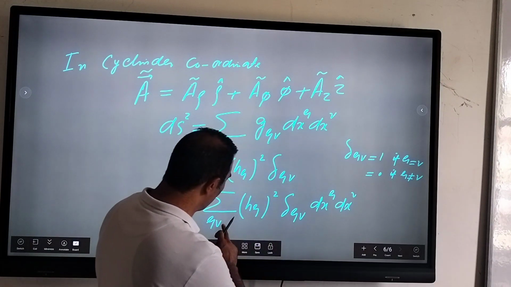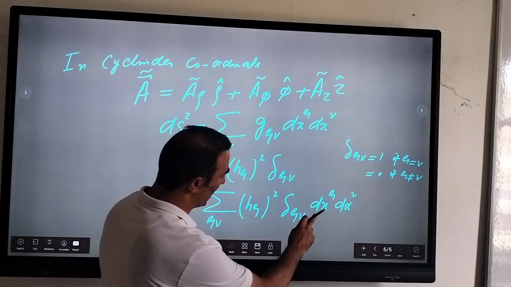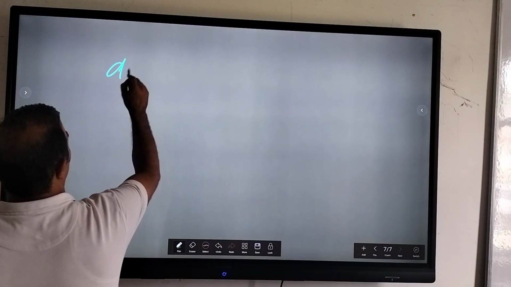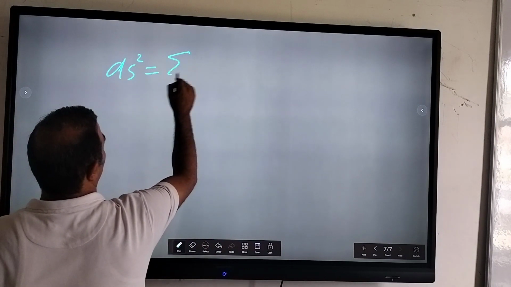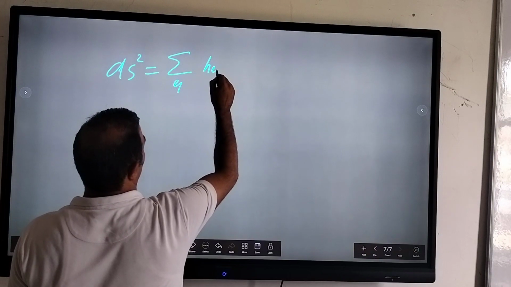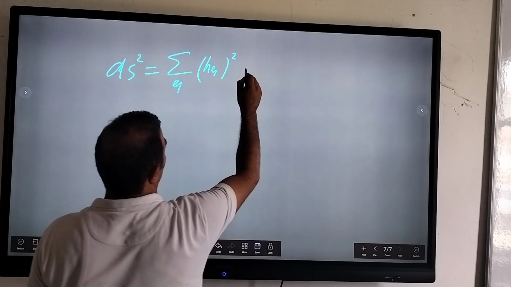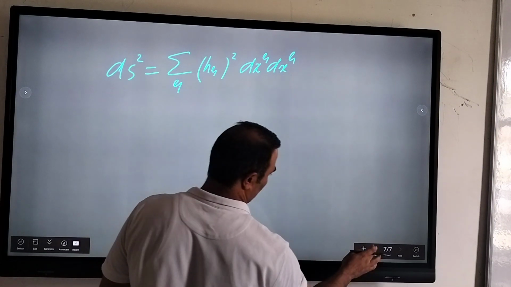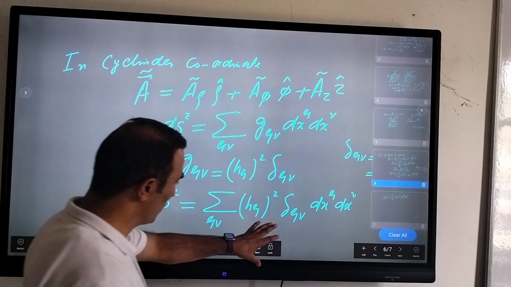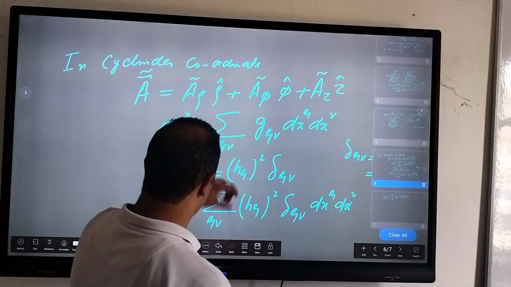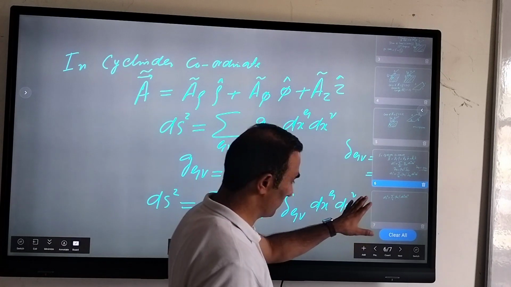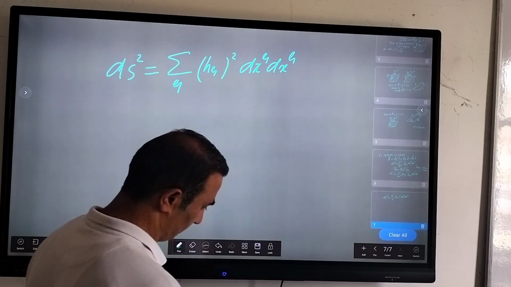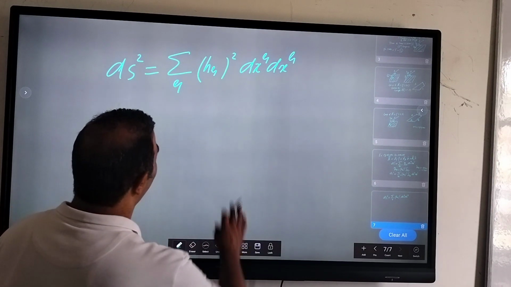I will put here summation over mu, h mu, dx mu dx mu, right? Because mu equals mu, this will be equal to 1, and this will be the summation over mu of h mu square dx mu dx mu. So I can rewrite this term as,